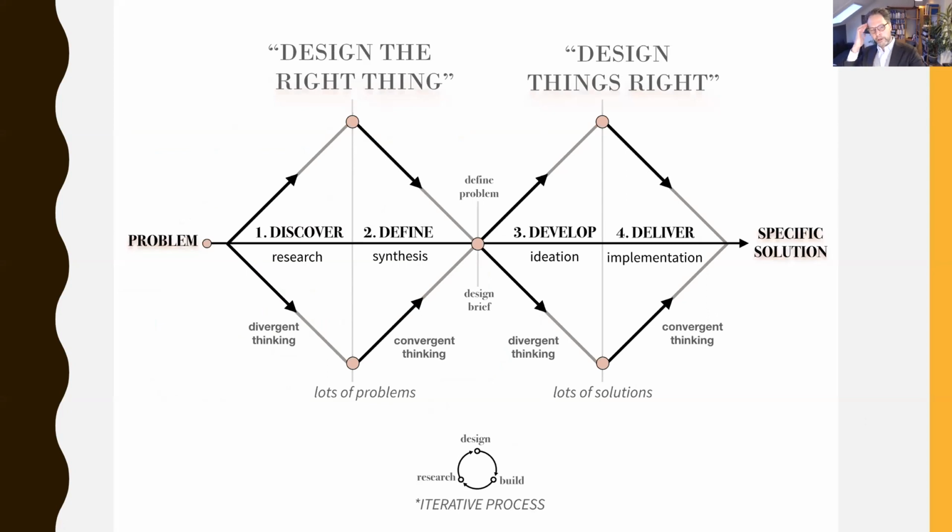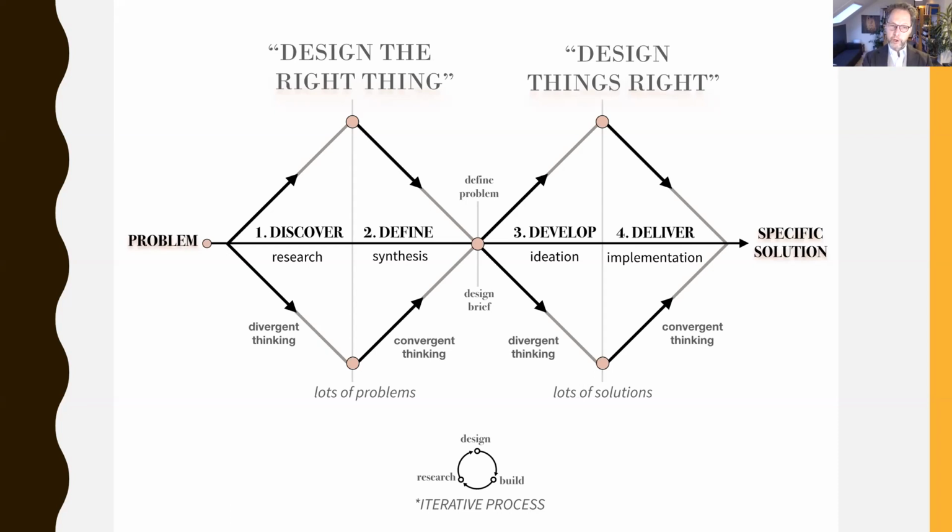So this is another way of identifying processes. It's called the double diamond. It is by the British Design Society. Again, it's a similar way of approaching, but now they've got a more structured picture for it. And what is important about this one is in the process, you start off with divergent thinking, and then you come back to more convergent thinking. You're trying to find